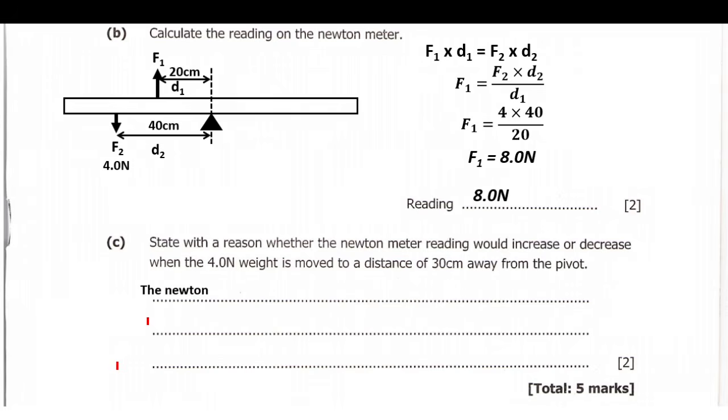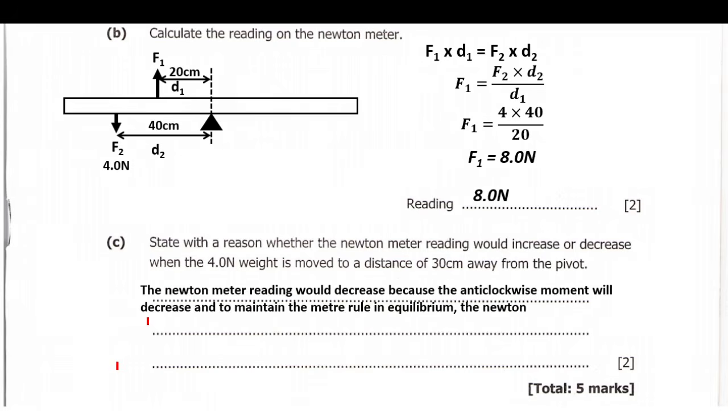All right, so the answer is the Newton meter reading would decrease because the anticlockwise moment will decrease, and to maintain the meter rule in equilibrium, the Newton meter should decrease also to decrease the clockwise moment. All right, so let's go to